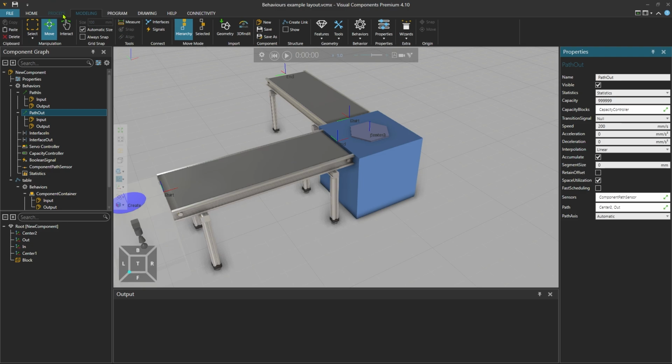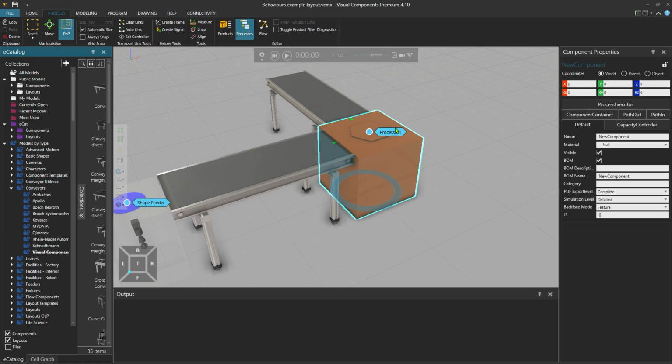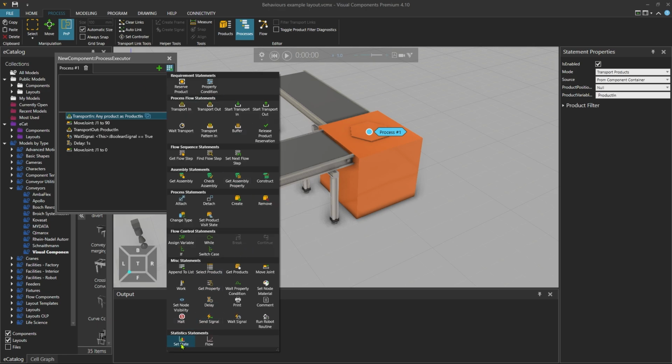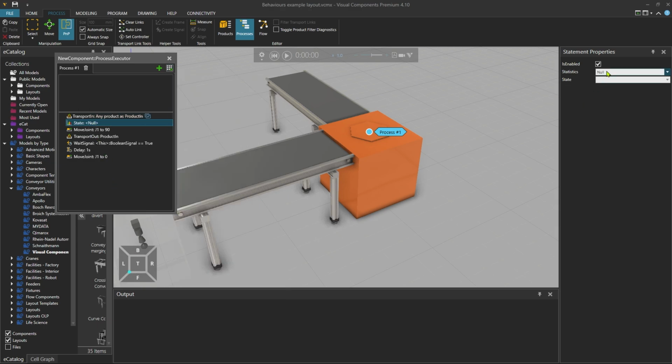So in the Process tab and the Process Editor, open the Process Executor panel, and selecting the Transport In statement, from Statements add a Set State statement to set the state of the machine. Then select Statistics and set the state as busy.